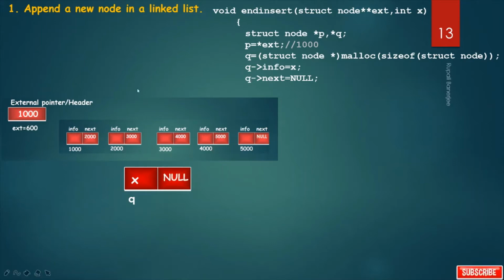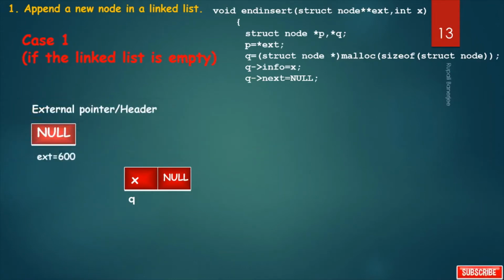Okay. Now I want to add this node at the end of the linked list. So in this way, I first create the node. Now I have to consider different cases. The first case is if our linked list is empty. If the linked list is empty, then the external pointer contains null.